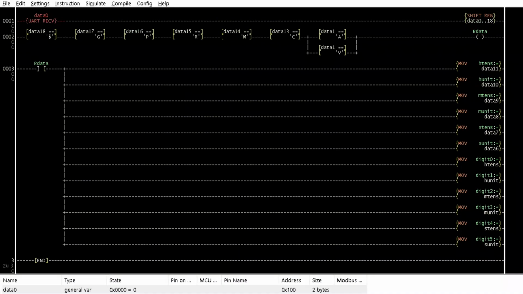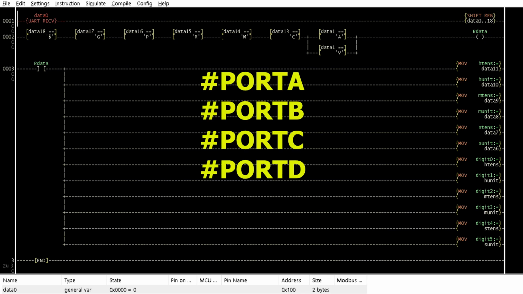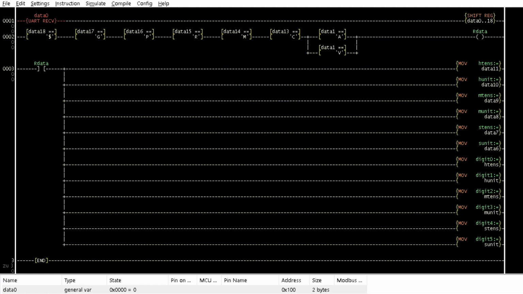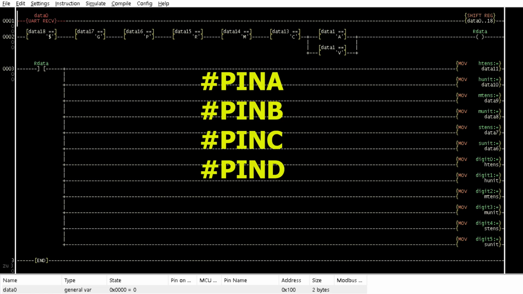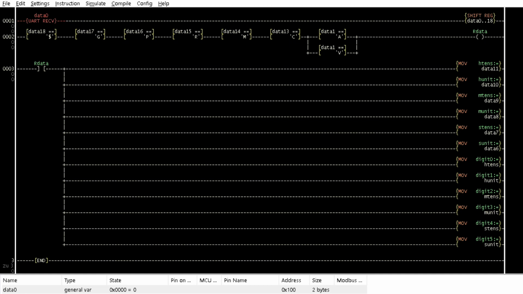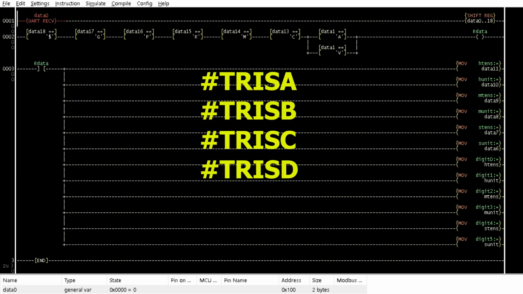Another technique of transferring the display data to the 7-segment display will be used instead of the technique used in tutorial 9 and 10. It requires the direct transfer of data at once to all the port pins of the microcontroller. To transfer data to any hardware port, you must place a hashtag before the specified port variable name. To transfer data from the ports, place a hashtag before the port pin variable name, and then to set the port to be either input or output, place a hashtag before the variable name like so.